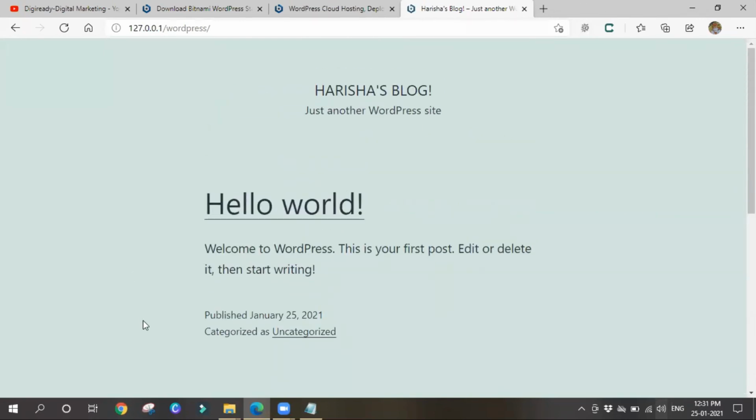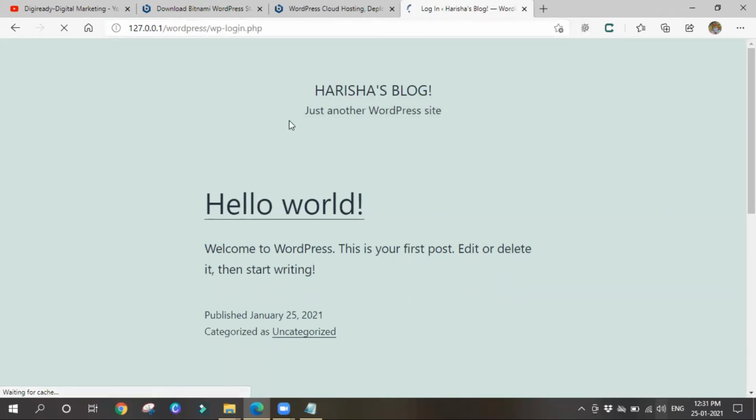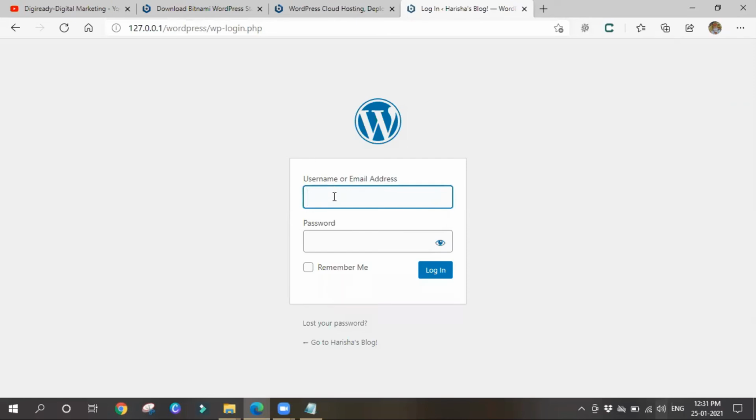Now if you want to log in to your WordPress, simply go here and click on login. You have to give your username and password here. So let me give it, and then click on login.